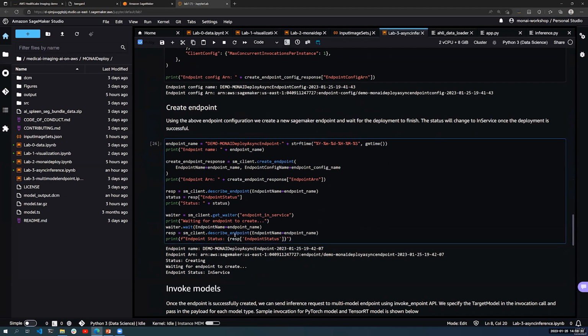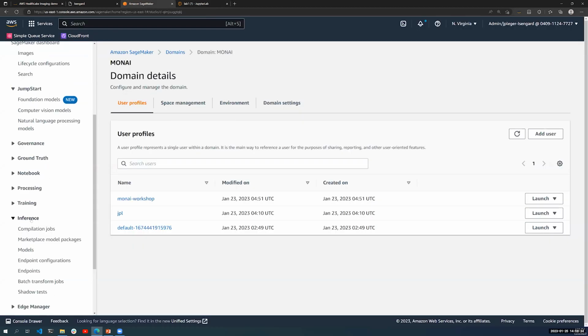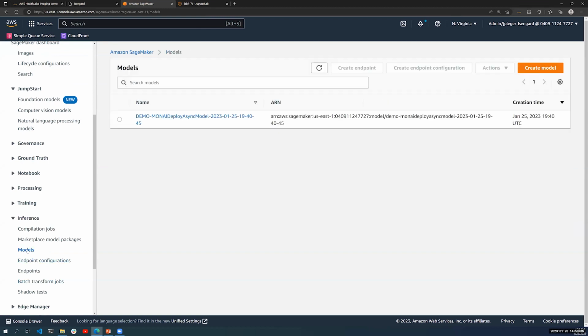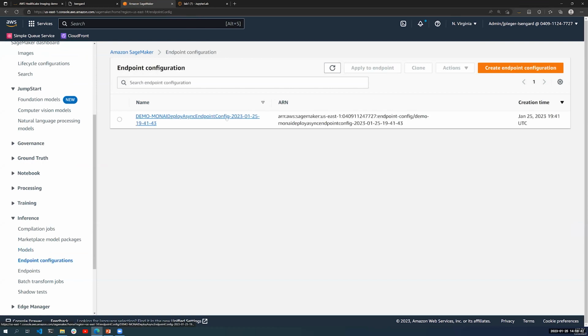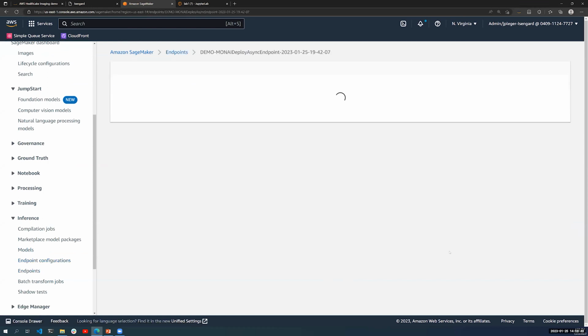So I did that ahead of time, but what that gives you in SageMaker is, if I go into the inference menu, we can see the model which was created with the code I showed you just before. We can see the endpoint configuration, which basically links the endpoint to the model. And then we can see the endpoint itself. And that endpoint,